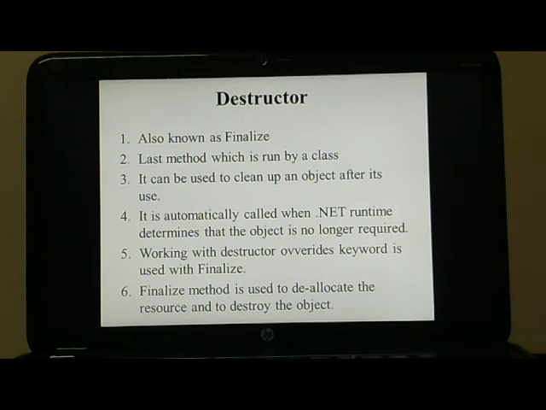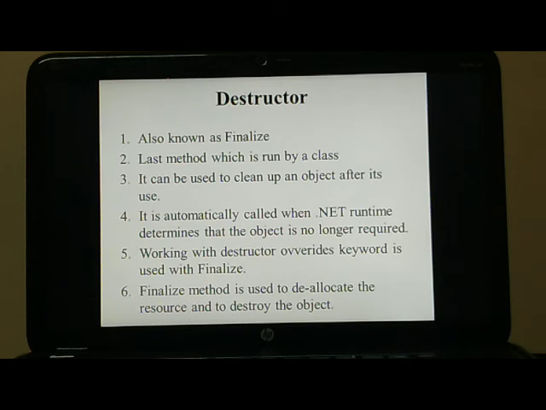It is called automatically when an object releases its memory. It is the last method which is run by a class. It can be used to clean up an object after its use. It is automatically called when the .NET runtime determines that the object is no longer required.